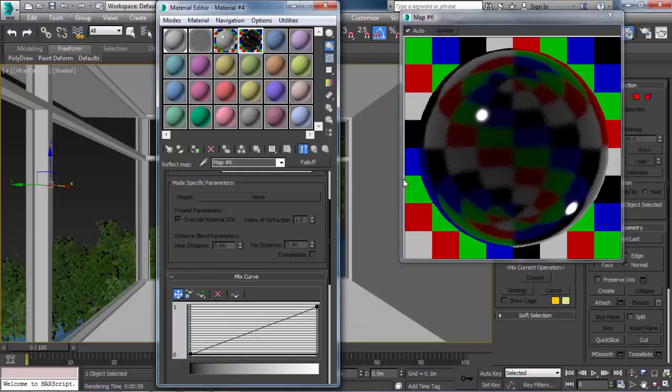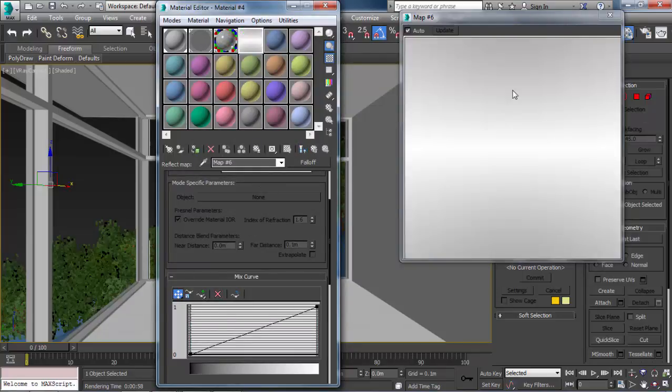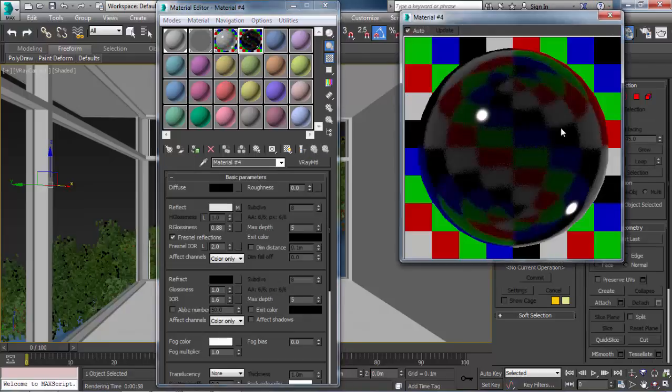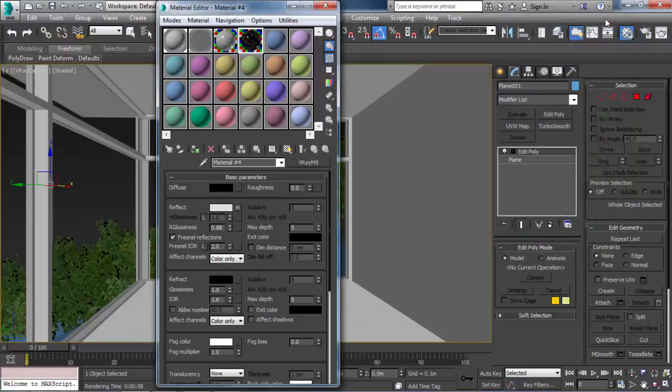I'll change the curvature here. Let's just add a point. I'll add a point that has a Bezier. Now just move it down. Yes, something like that. Good, and that's our texture.